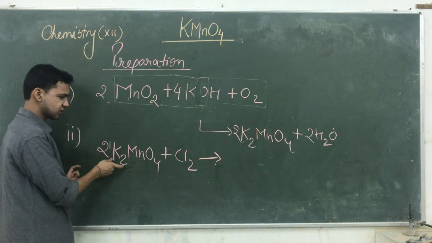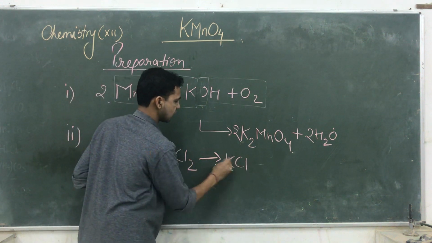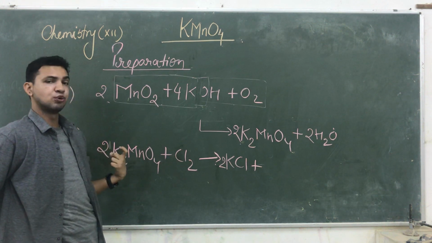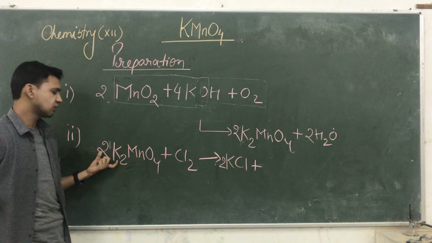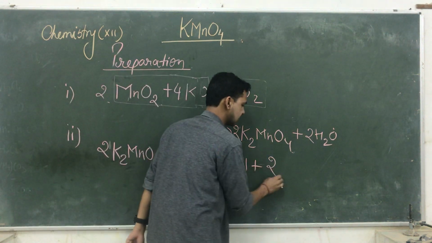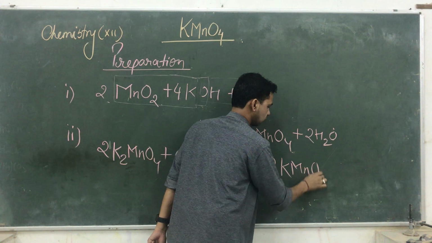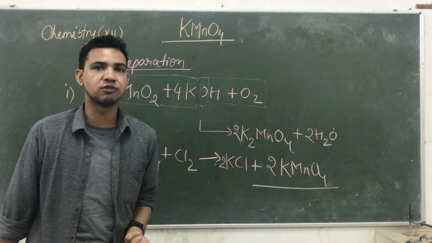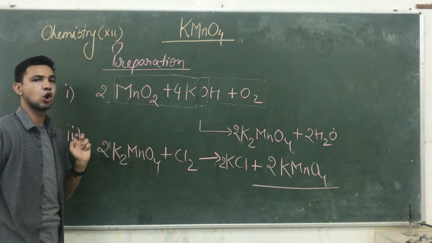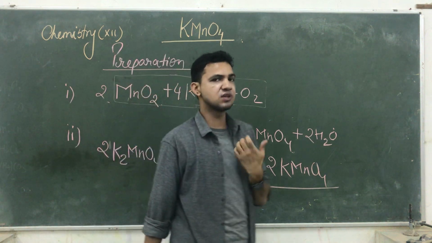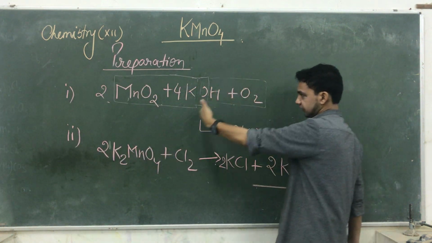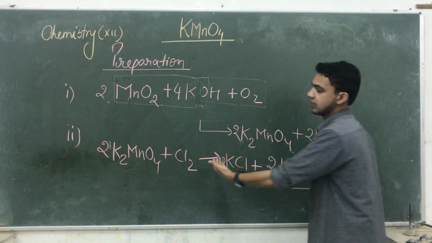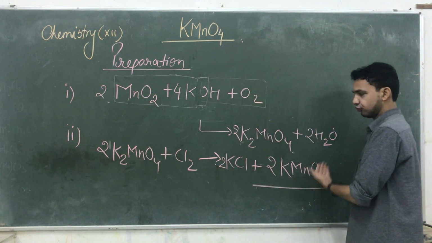So here the 2 potassium react with 2 chlorine giving you twice KCl. Which thing is left? Here 2 chlorine is removed, 2 potassium is removed from here, only 2 potassium is left. So we are getting twice KMnO4. We are getting a large amount of crystals of KMnO4. So that is the normal preparation method of KMnO4 by using manganese dioxide. The first method we convert to K2MnO4, and the second method is chlorolysis, or reaction with chlorine, which gives you KMnO4.